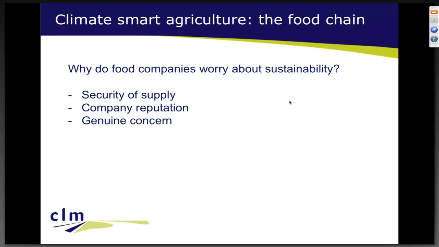That's their main worry. And of course, the reputation for the company is an important one as well for the marketing department. And the people I meet often have a genuine personal concern about sustainability. And that may sound a bit lame, but if that genuine concern is also alive in the boardrooms of the companies, that really helps. If the top boss says, we're moving in that direction towards sustainability, that's our company policy, the genuine concern becomes company concern, and then it's a positive force. And I do know that some companies were very positive, and some of them very negative. I'm aware of that.